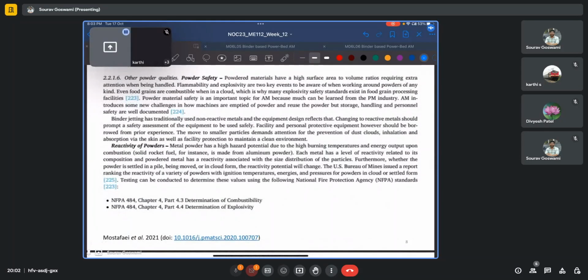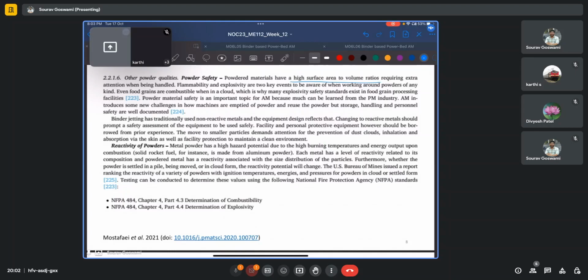Now we discussed how the powder safety aspect is an important consideration in any powder-based additive manufacturing process, and that is because such powder materials have a very high surface area to volume ratio. This is because we are very well aware that nature will always try to achieve a state of minimum energy, and when the molten metal is made into droplets